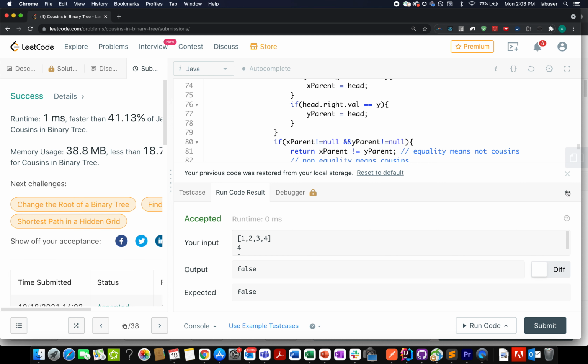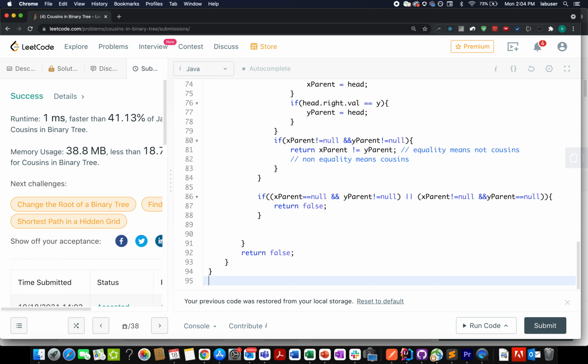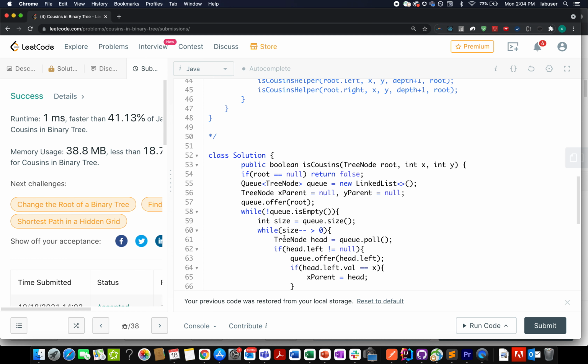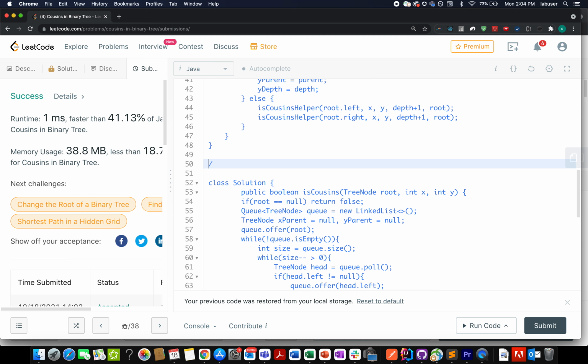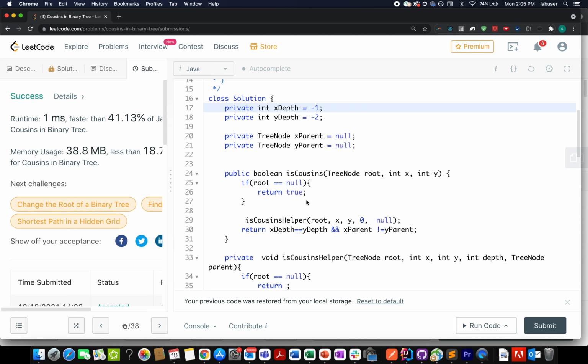Awesome. This has passed, and now let's talk about the DFS method. Let me just comment this out. I have initialized x depth to be equal to -1, y depth to be equal to -2, and I have created two variables, x parent and y parent.